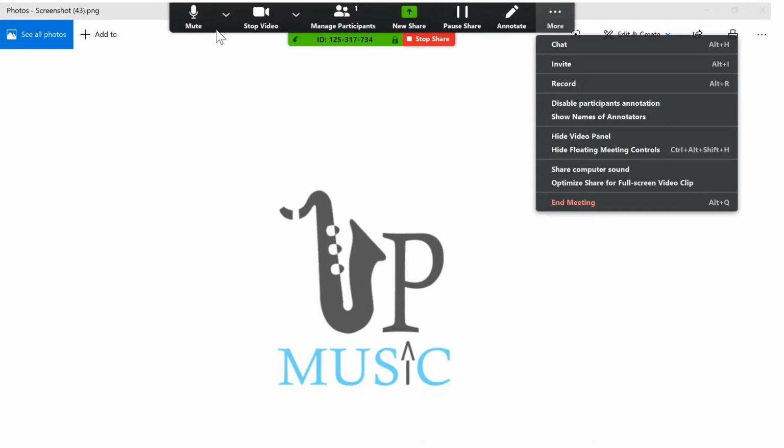So don't be surprised if you're having any problems with any of these features, the video or the microphone. These drop down menus are going to be a good place to start, so go ahead and click those. It'll give you all of your devices, all of the software that you're using between the video and the audio. Play with that a little bit before you start panicking and looking on YouTube for all the answers. Same thing with this video. If you push this, it will disable your video, so I won't be able to see anything that's going on. We want this to be on all the time, so please make sure that this is there as well.